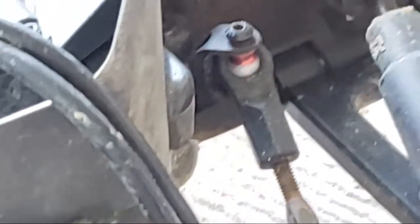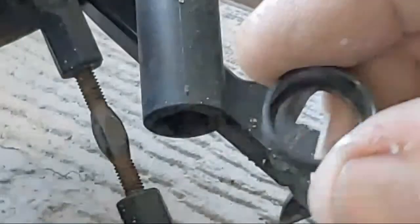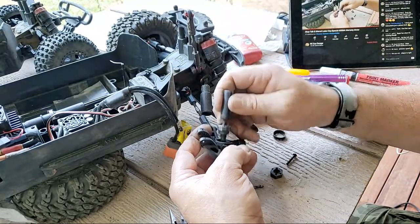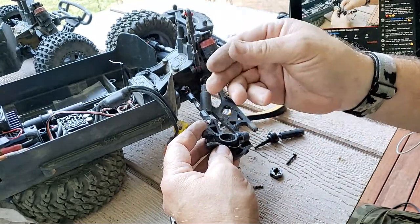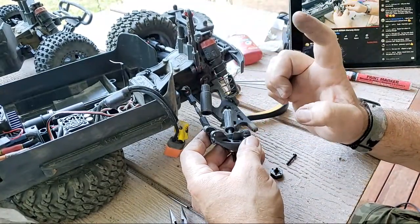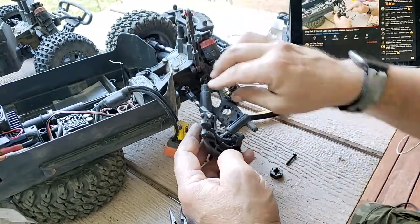you can see that plastic piece right there. That is where I made an error. For some reason, it just fit. I figured this was the piece that went on there because there was nothing that said anything. So I figured that was the piece. Well, I learned pretty quick that it wasn't, because this is supposed to go around there, like that. Then you can take this metal sleeve and throw it away. It didn't affect the front as much as it did the rear, right? I think the rear is what I lost. I believe the front stayed together. But I made the error in thinking,